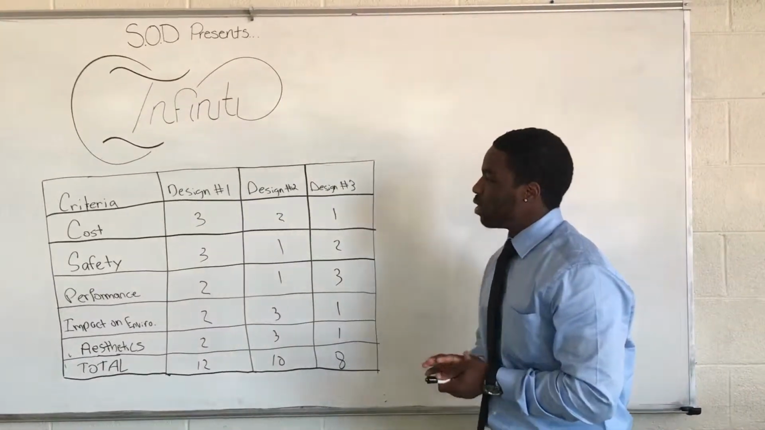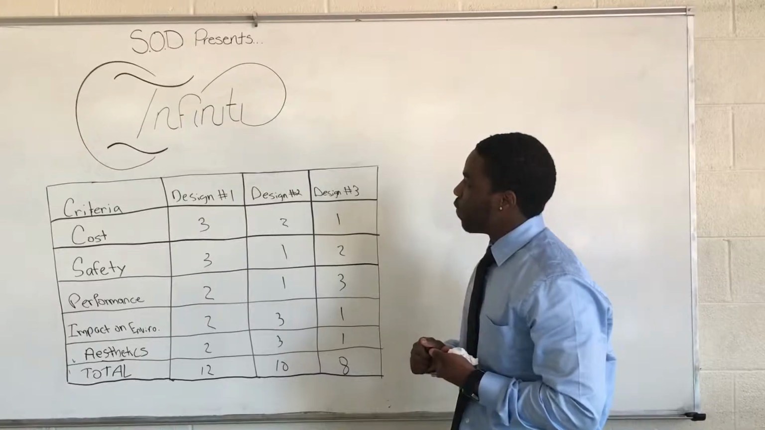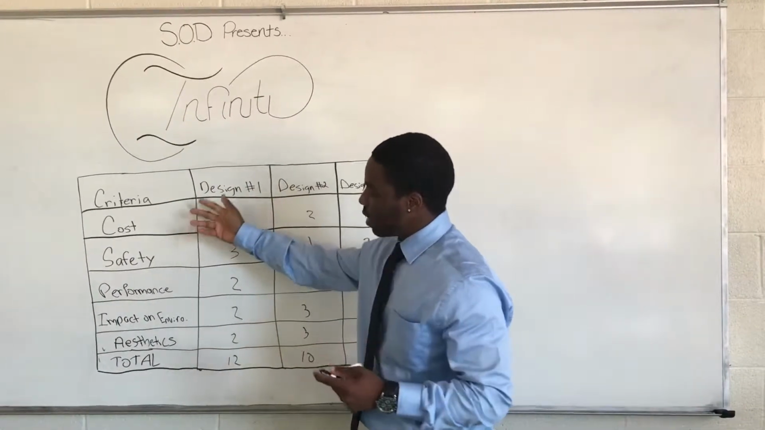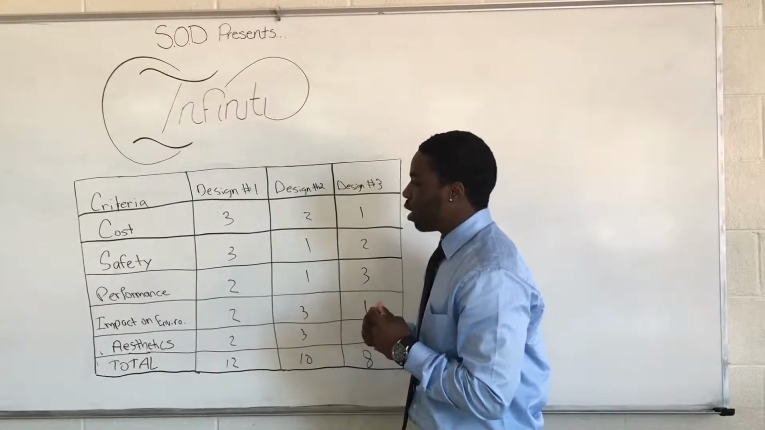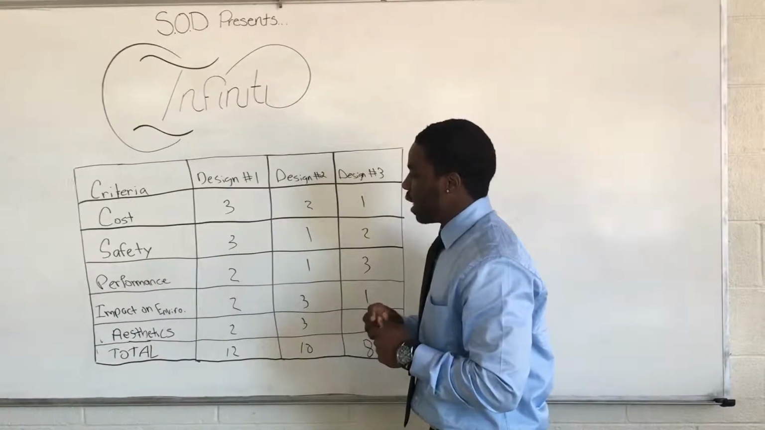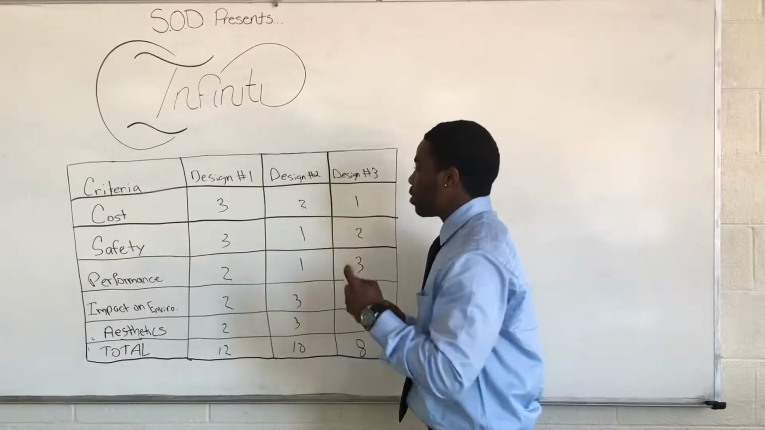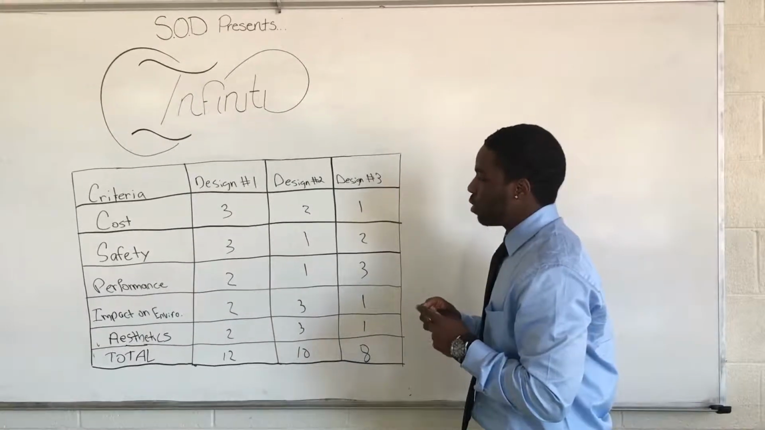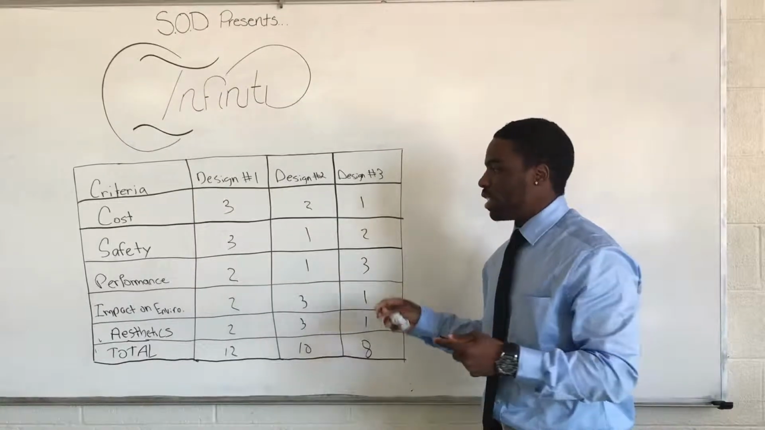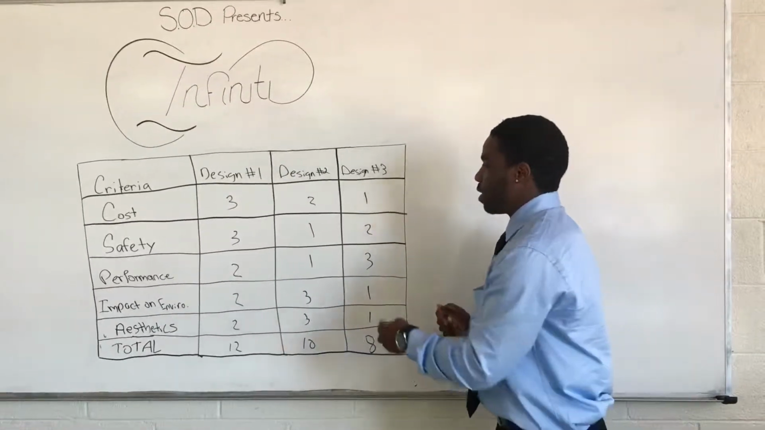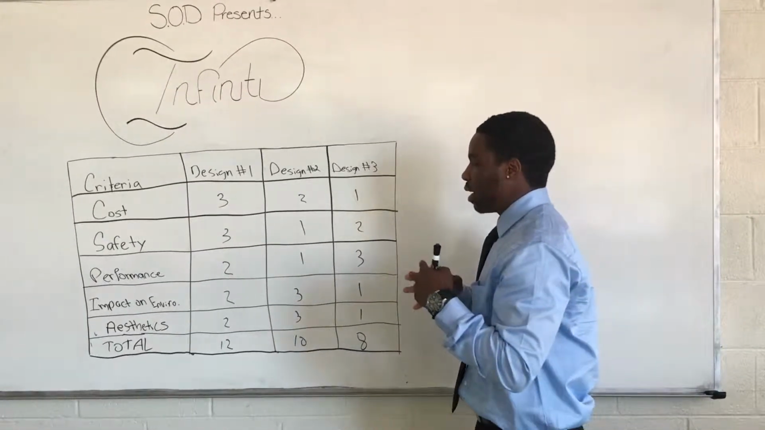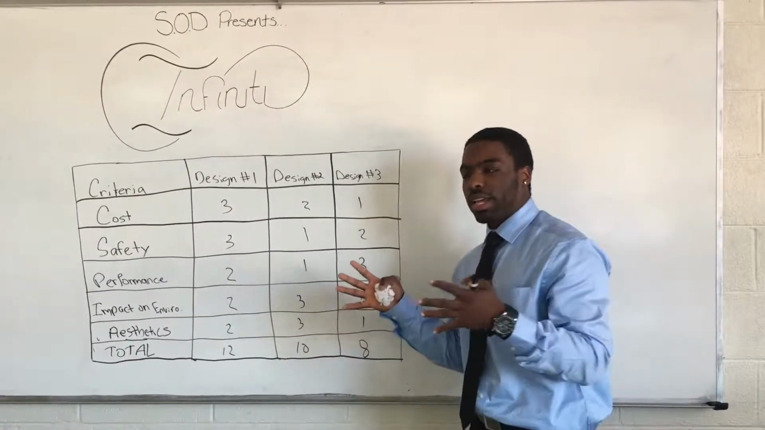So this is our design matrix for our 3 designs that we chose for Infinity. We have the criteria. We have cost, safety, performance, impact on environment, and aesthetics. So for cost, we chose that design 1 was the most cost efficient because it uses the least amount of materials, while design 2 and design 3 use more. For safety, we also chose that design 1 was the safest because it uses the least amount of materials, while design 2 and design 3 both use similar materials, like a track, which could eventually break off, so